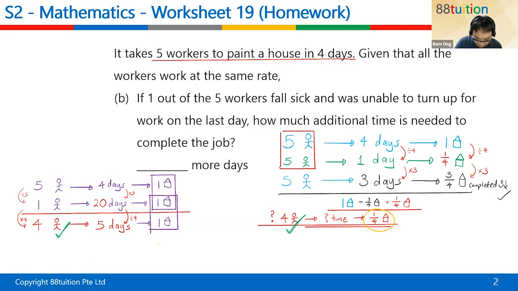So down here, I'm going to find 1/4 house. How do you find 1/4 house? Remember now the 4 persons down here is constant already, so this portion is fixed. Now you're comparing the number of days and how many parts of the house. From 1, how do you get to 1/4? Divide by 4. Down here you must also divide by 4, because this is a direct relationship. 5 divided by 4 is 1